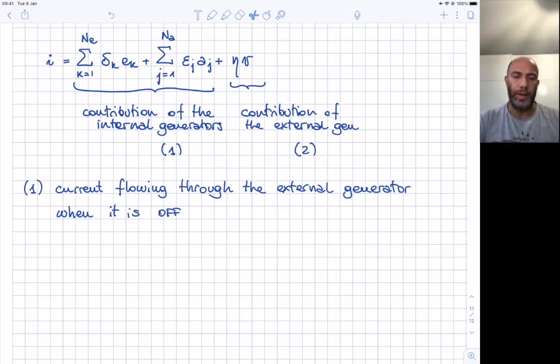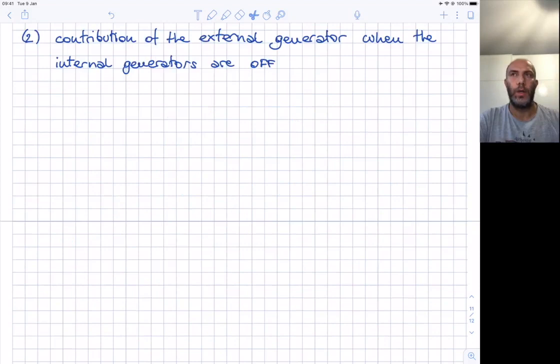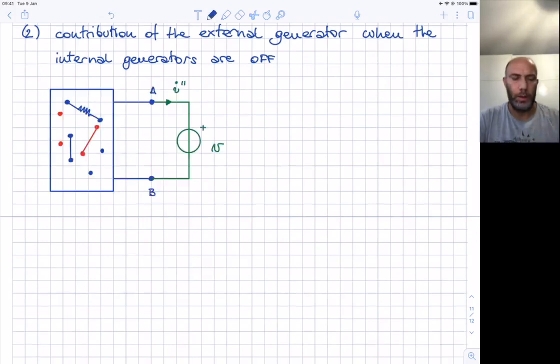The first one represents the current flowing through the external generator when it is off, so when it's replaced by a short circuit. For this reason, the current is called I0, and it is the short circuit current with short-circuited AB terminals. The second contribution is the contribution of the external generator when the internal generators are off. So replacing the voltage generators with short circuits and the current generators with open circuits, we can get the current I double prime as